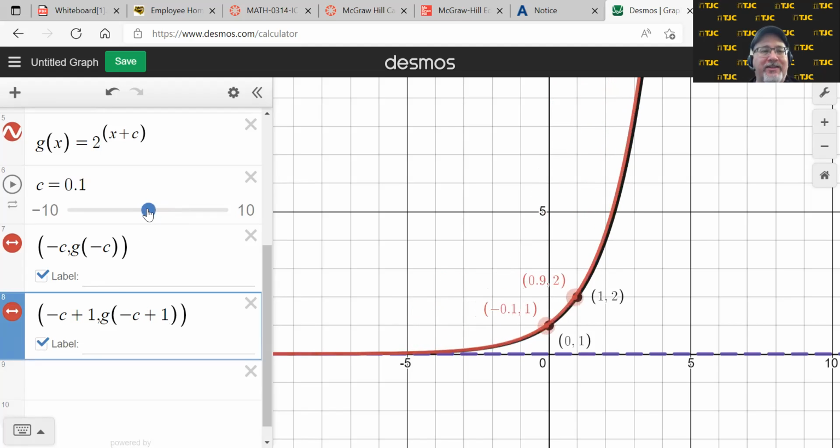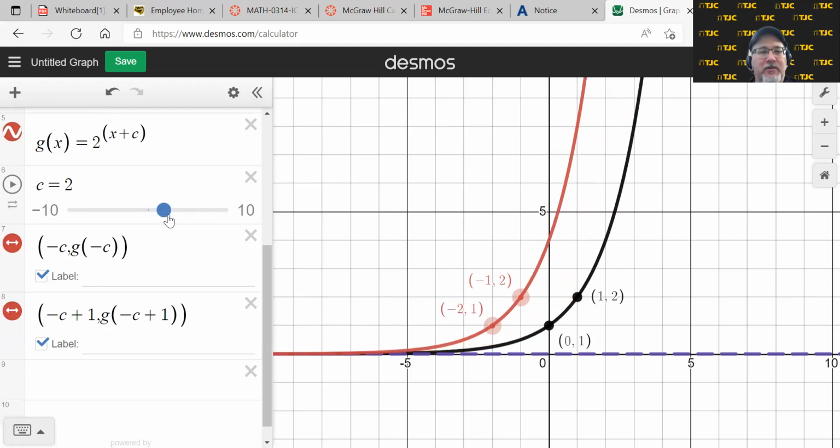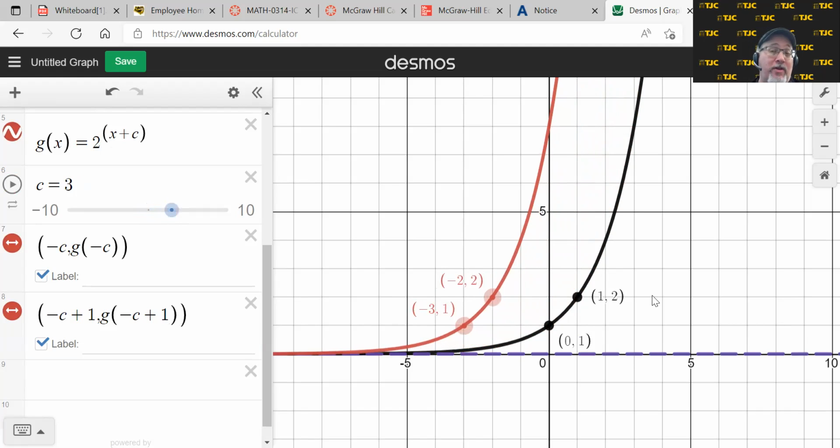All right, so as I take the number being added to the X and increase it to 3, everything is moving to the left. To the left 3. Now the asymptote moved to the left 3, but it's a horizontal line, so you can't tell that it moved. Net result is,